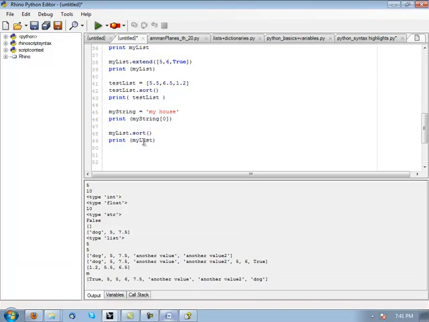Right. I think what you would want to do then is create a copy of it initially. So basically, you could say my list copy equals my list. And then